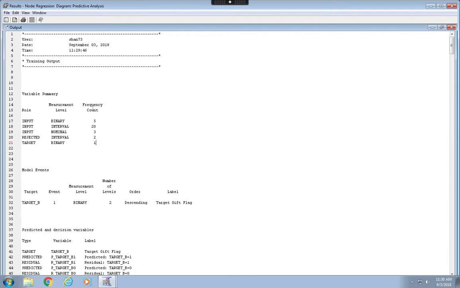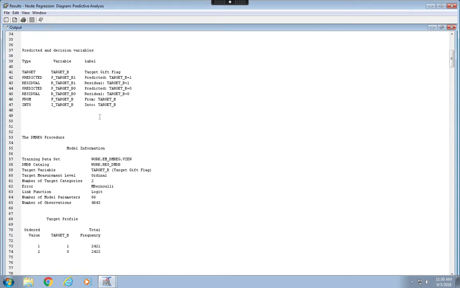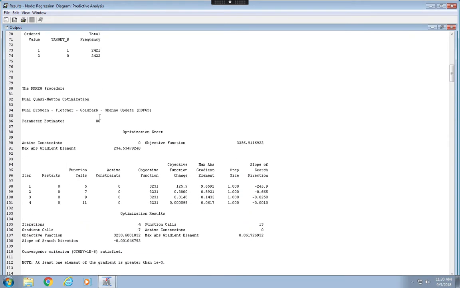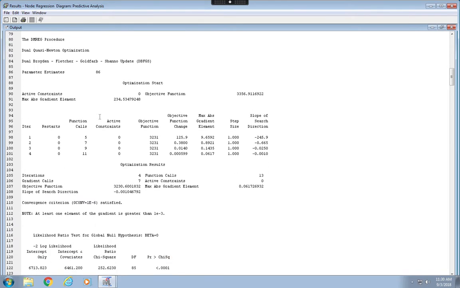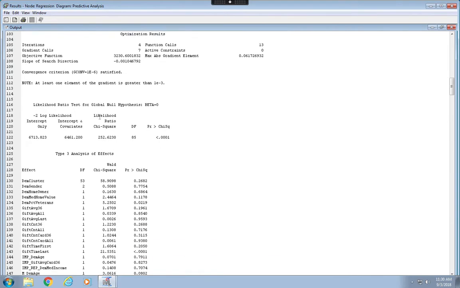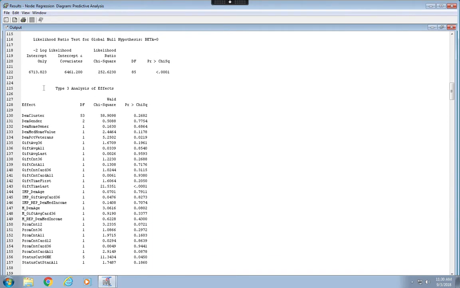And as you can see, all the inputs, except the one we originally rejected, they all enter the logistic regression equation. And it sort of shows, if I scroll down a little bit, from line 125,